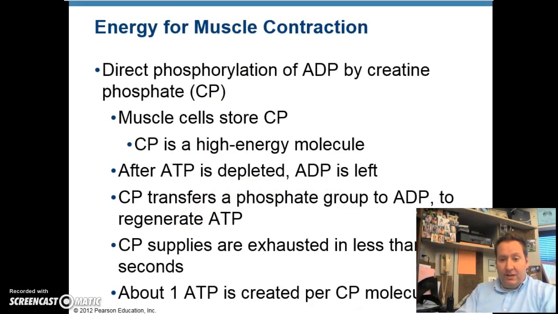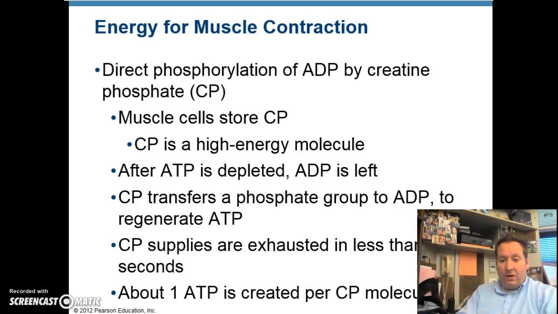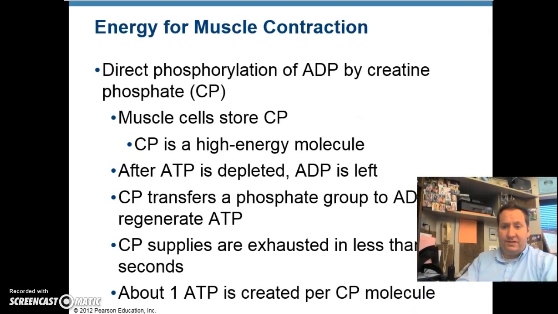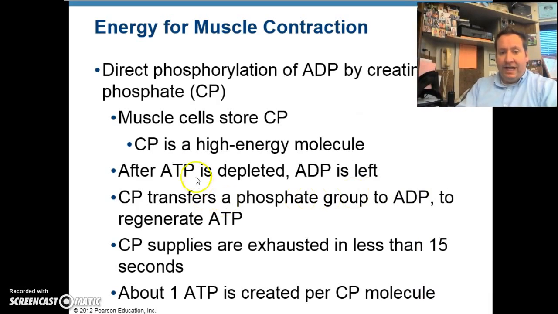So the first way that we're able to produce ATP is inside of a muscle. A muscle stores what we call creatine, and we call this first process direct phosphorylation. You may have heard of bodybuilders wanting to get creatine in their diet and things like that. Your muscle cells are one of the cells in your body that stores creatine, and basically, direct phosphorylation, also called the phosphagen system, is where after that initial stored ATP has been depleted, you're basically going